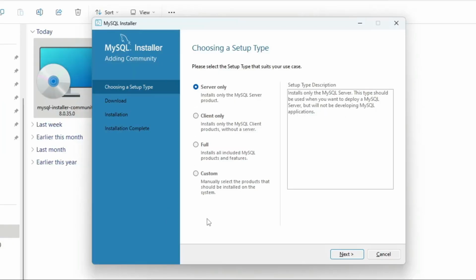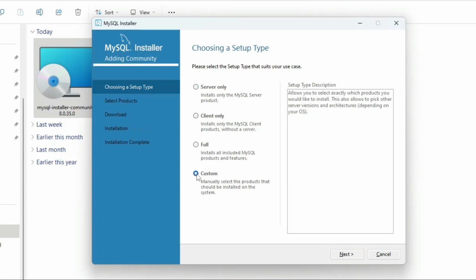There are 4 options for installing: server only, client only, and full version, and custom version. At the moment I am choosing custom version, so select custom and click on next,